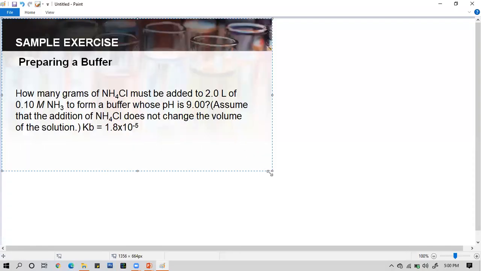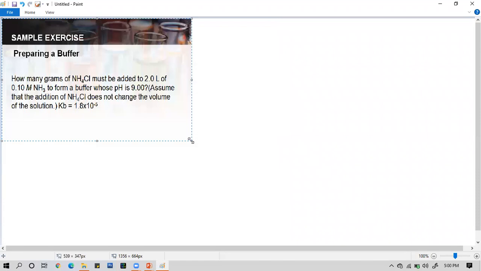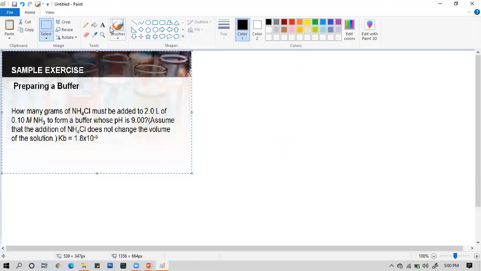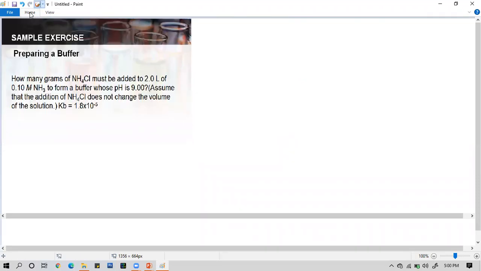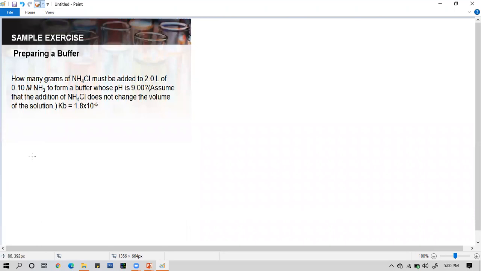Okay. Now, for this problem, guys, it says: how many grams of ammonium chloride must be added to 2.0 liters of ammonia solution to form a buffer whose pH is 9.00? Assume that the addition of ammonium chloride does not change the volume of the solution, where Kb is equal to 1.8 times 10 to the negative 5. Now here, you will use another form of the Henderson-Hasselbalch equation, which is pOH is equal to